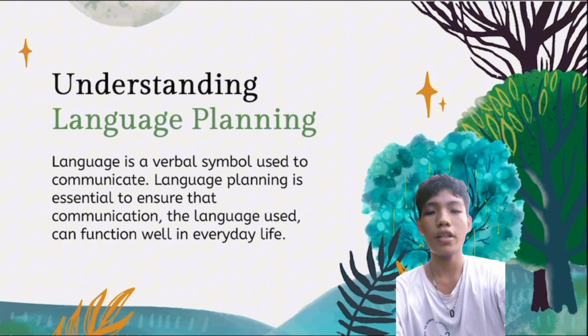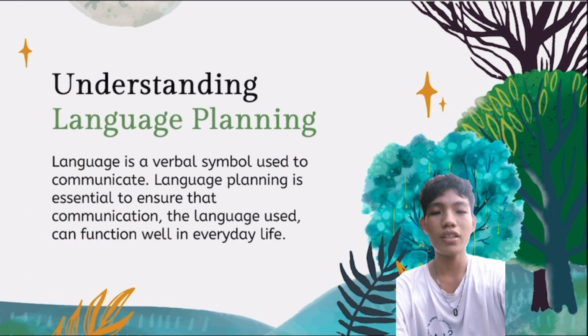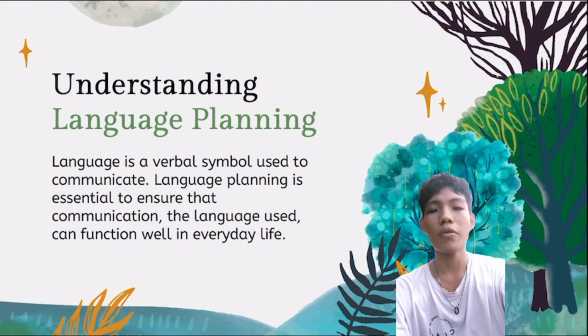What is language planning? Language planning is the process of making decisions about how a language will be used in a particular area or by a specific group of people. It involves identifying the needs of a community or group, developing language policies, putting those policies into action, and then evaluating how well they are working. It helps us think about which language is used for important things like education, government, and media. Language planning also considers how to support different languages in a community.